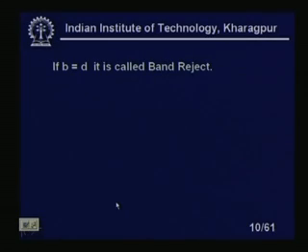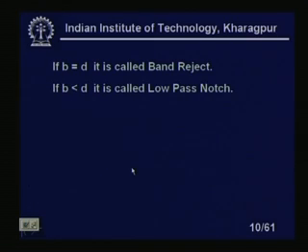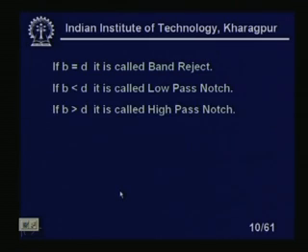Now, if b equal to d, it is called the band reject function. If b less than d, it is called the low pass notch function, okay. And if b greater than d, we call it the high pass notch function, right. So, in this case what will happen, you know that you will have, suppose I have